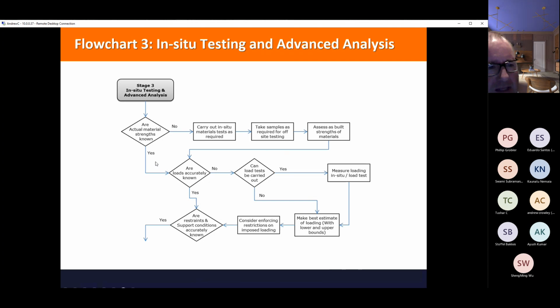So as we say, we're coming into this not always knowing what the material strengths are. Quite often we don't even know what the materials are. So carry out material tests. You can take samples. Steel, you can take a coupon and send it off for testing. Concrete, you can extract a cylinder and get it crushed, and so on. So that's the material side of it. Then you look at the loads. Have we modeled the loads accurately? Have we overindulged or overloaded it in our analysis model?